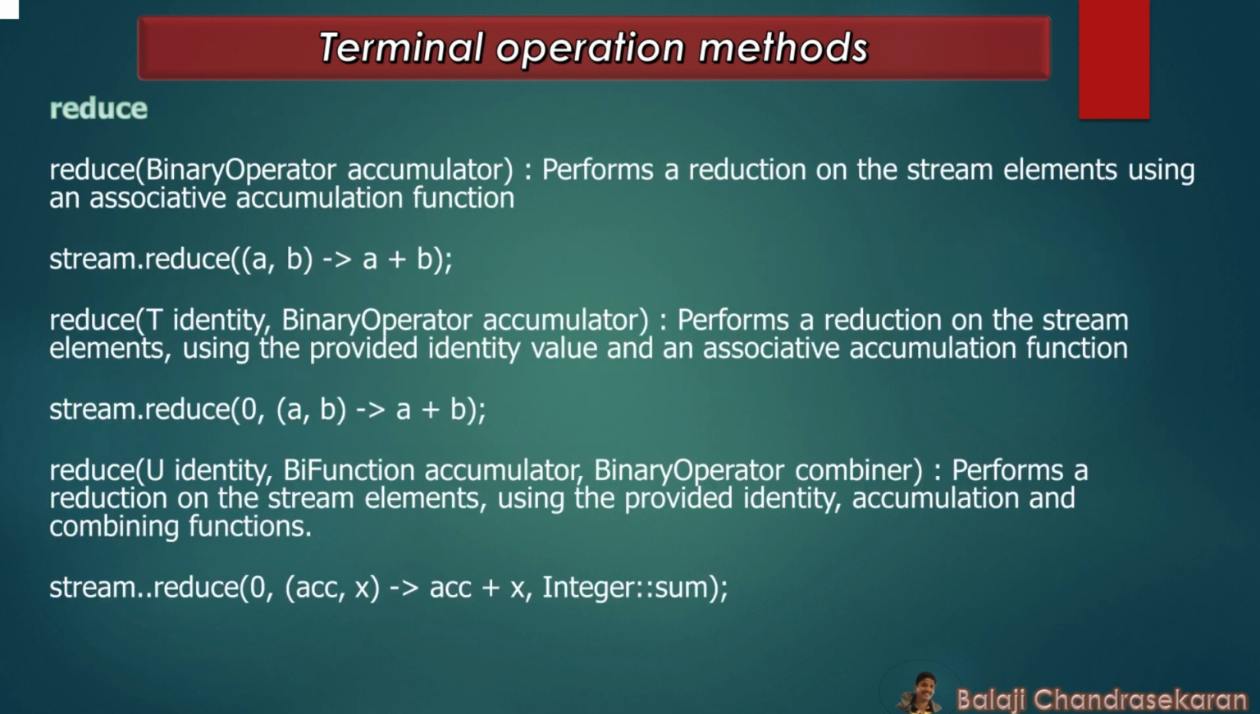The reduce method in Java streams is a terminal operation that performs a reduction on the elements of the stream. It combines the elements of the stream into a single result. The reduce method with an accumulator argument performs a reduction on the elements of the stream using an associative accumulation function. For example, we can use the reduce method to calculate the sum of elements in a stream. In this example, the reduce method call combines the elements of a stream using addition, resulting in the sum of